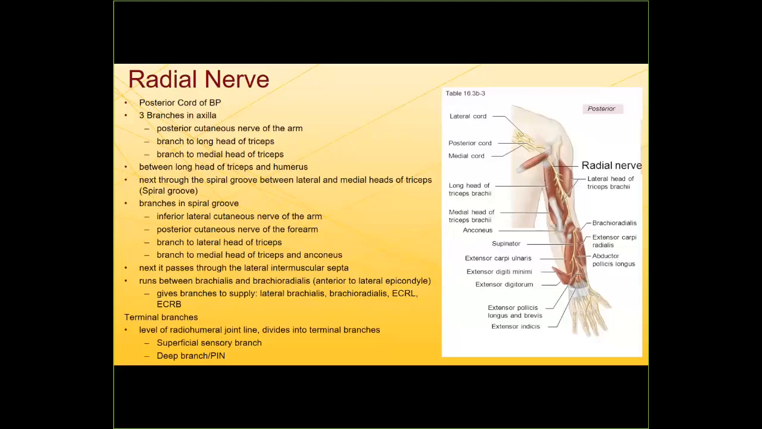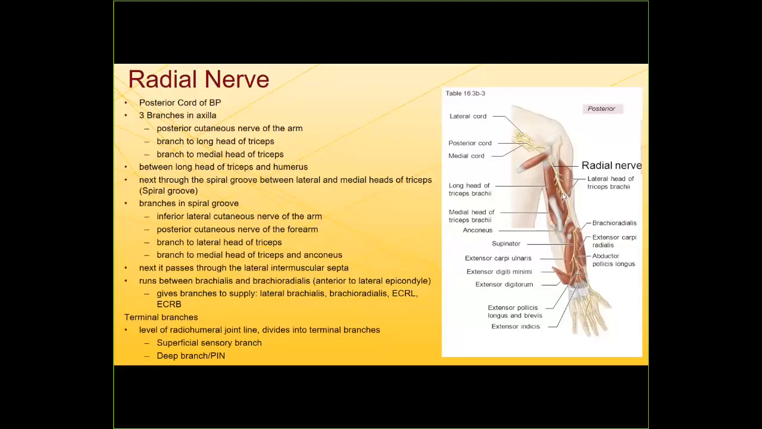Okay. And then it travels between the long head of the biceps and the humerus, and then it goes medial to lateral, so it starts moving out laterally, and it basically travels through what's called the spiral groove of the humerus right here, okay? And it travels between the lateral and the medial head of the triceps as it does that, okay? And this is actually the location where it's prone to injury during a humeral fracture. So if the humerus is fractured right through this area, it's very prone to injury because it's so close to